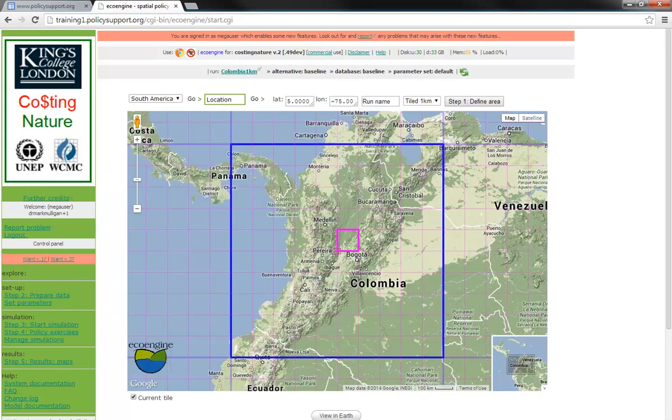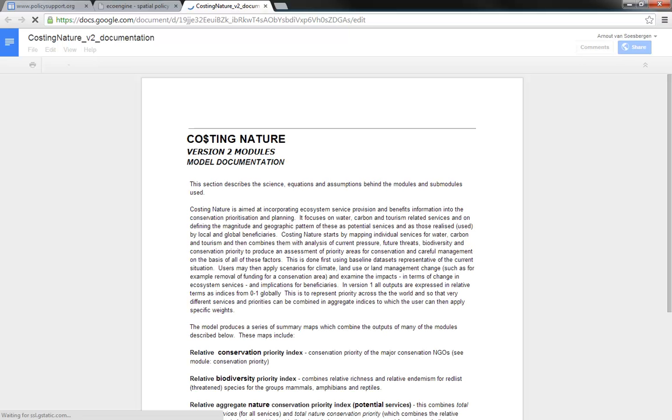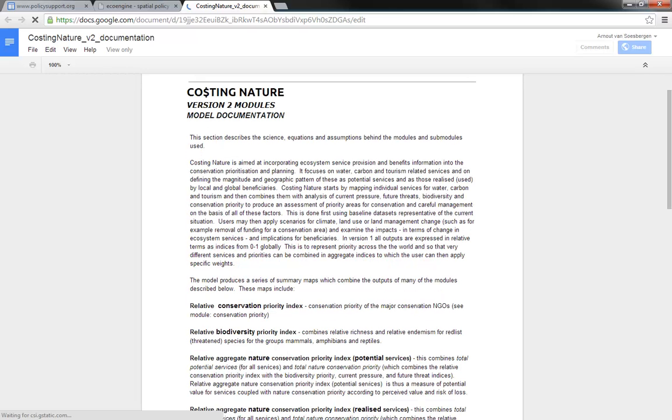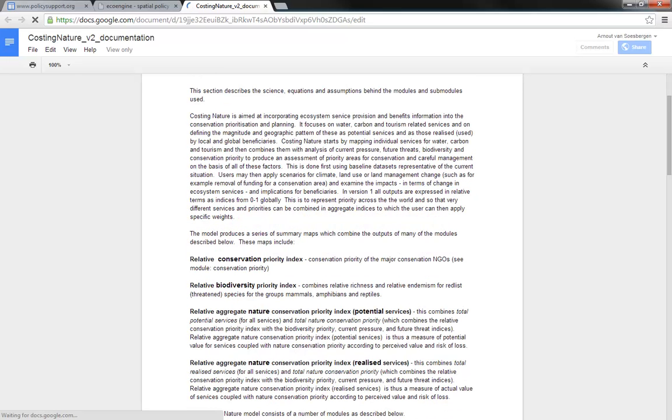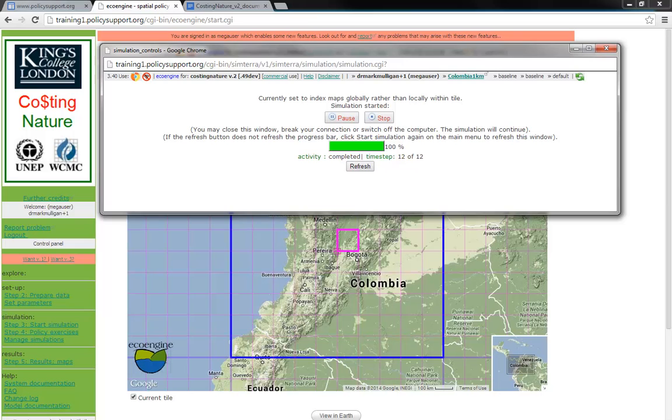So we have the user guides in the system documentation, but we also have the model documentation here, and that opens up in a new tab, I think. And that gives you the documentation, Costing Nature version 2, and it will describe all the modules in more detail and what they mean and how they are calculated. Right. So if you have any questions on how Costing Nature is doing its calculations, then I advise you to have a look at the documentation there. So let's have a look at our